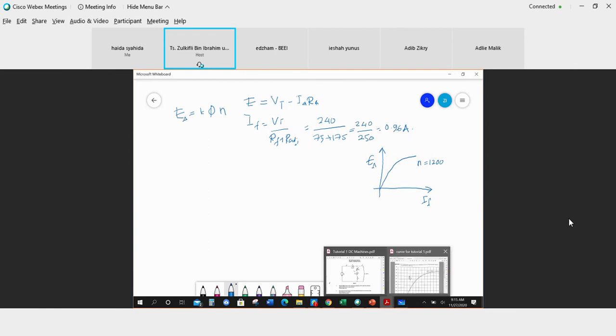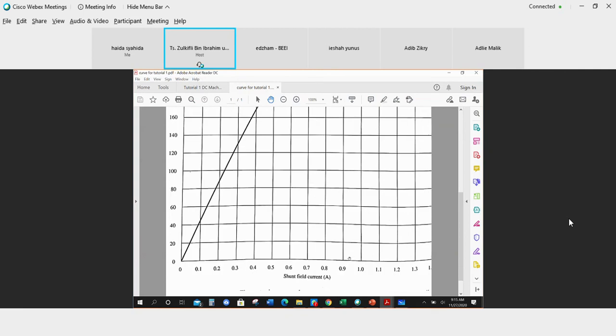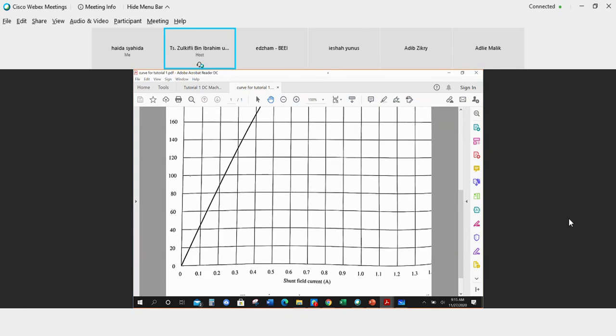So when we refer to this curve, at about this point,